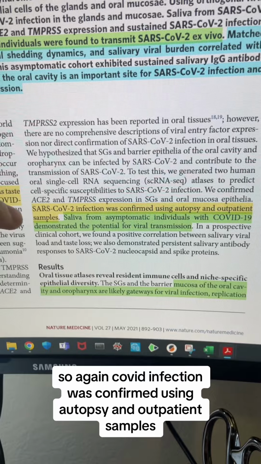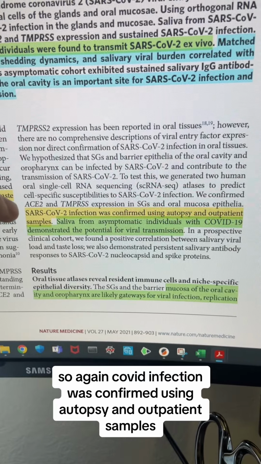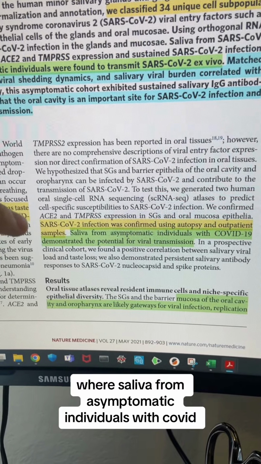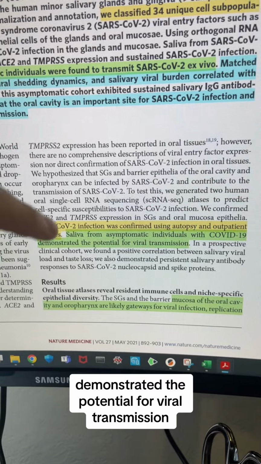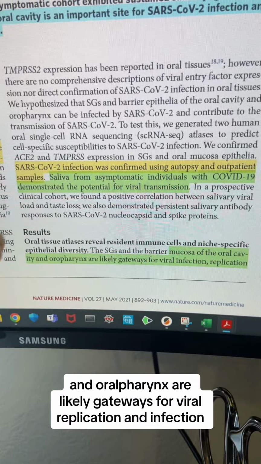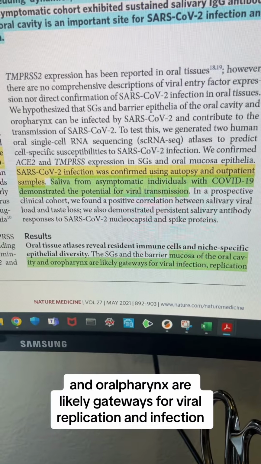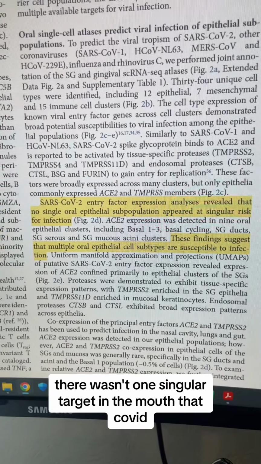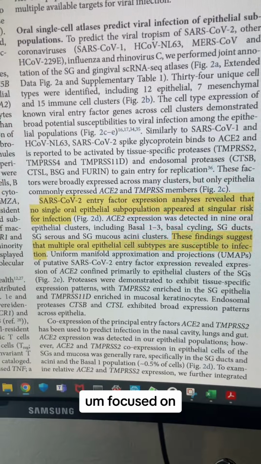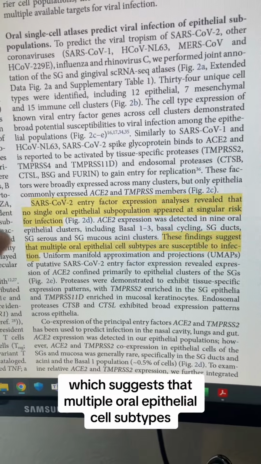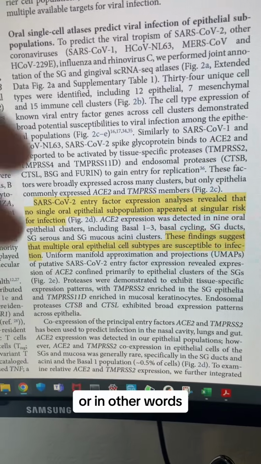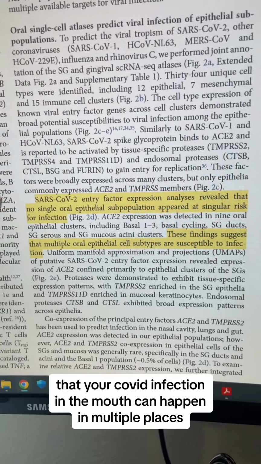So, again, COVID infection was confirmed using autopsy and outpatient samples, where saliva from asymptomatic individuals with COVID demonstrated the potential for viral transmission, where the mucosa of the oral cavity and oropharynx are likely gateways for viral replication and infection. Interestingly, there wasn't one singular target in the mouth that COVID focused on, which suggests that multiple oral epithelial cell subtypes are susceptible to infection, or in other words, that your COVID infection in the mouth can happen in